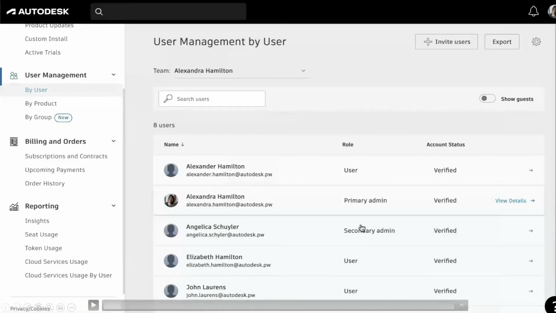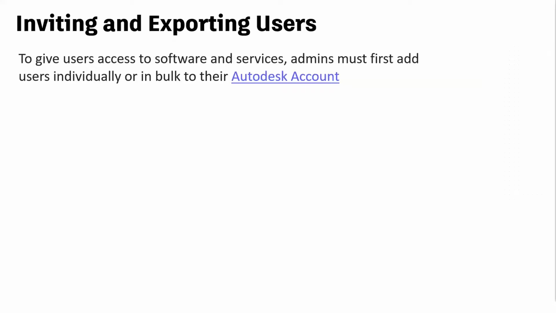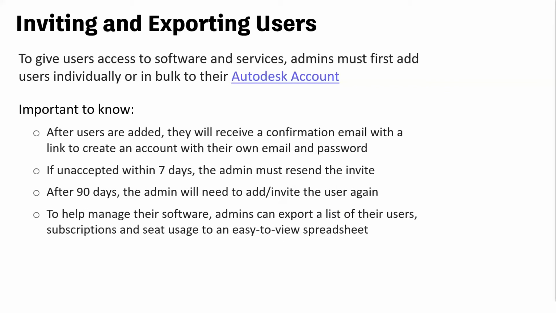All right. So now that you've been assigned an admin role, you'll have the ability to invite users and assign them various subscriptions you've purchased or that you manage. You can do this individually or in bulk to simplify and streamline the process. You'll want to make sure that users accept the invitation and follow the directions if necessary to set up a